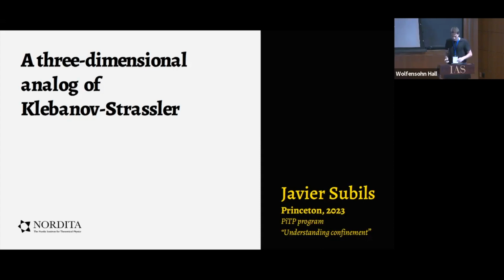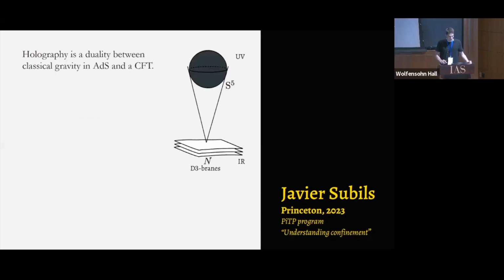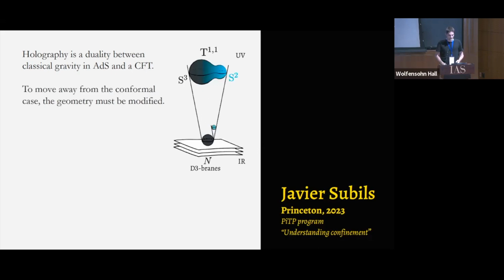Okay, so by now we are already convinced that holography is a powerful tool to understand strongly coupled gauge theories. Let me remind you that the starting point for this was a stack of D3 branes at the tip of a cone over S5. And then we learned from Igor that if you want to introduce some interesting dynamics like confinement in this picture, you are instructed to change the compact manifold to some more involved space. And in this way, you can get confinement.